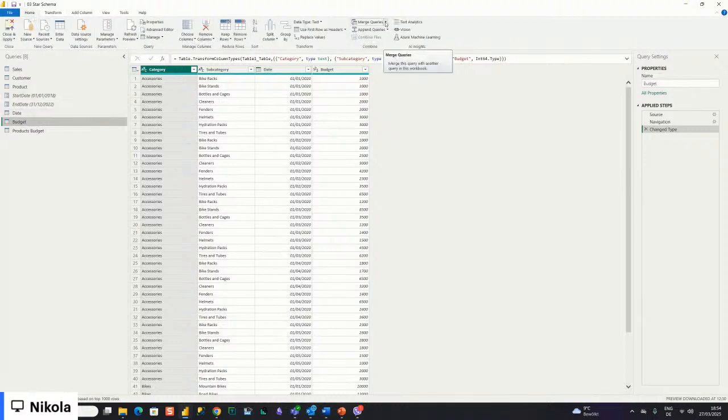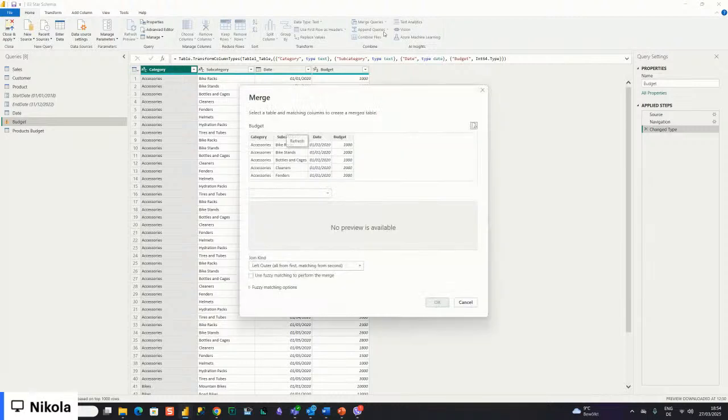So I need to pick up this surrogate key, which is a primary key in my product's budget dimension. I will use this as a foreign key in my budget fact table. So I'll merge queries and connect to my products budget based on,